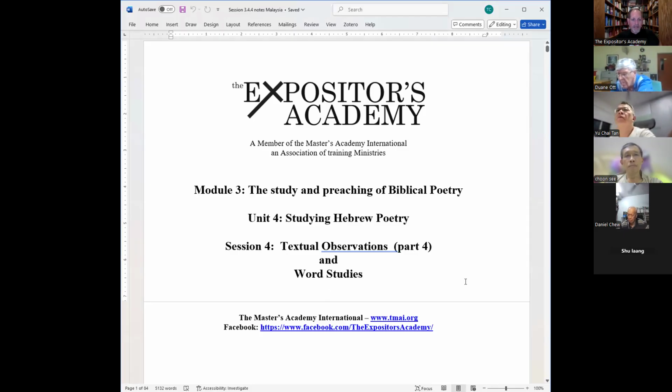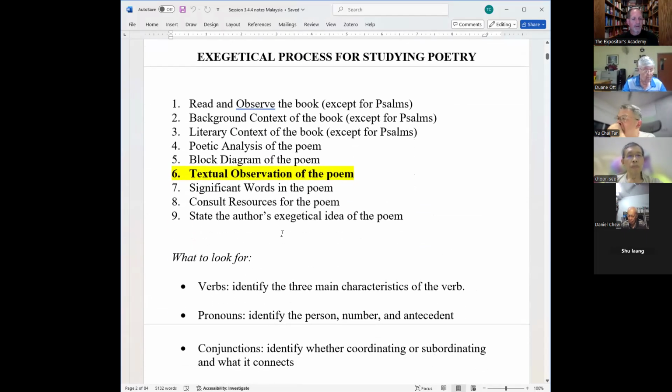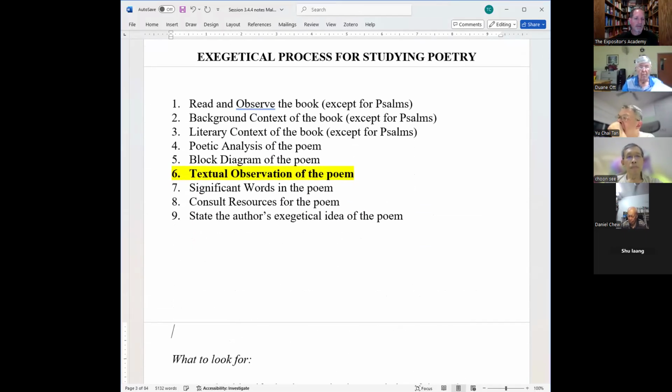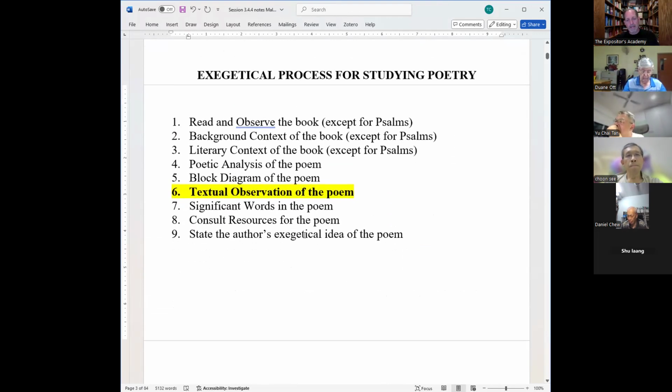Tonight I wanted to finish up our look at textual observations and then go to the next step. We've been spending time on the textual observation of the poem, focusing our attention on a few elements. After doing the diagram, I want to come back and, as I mentioned last week,